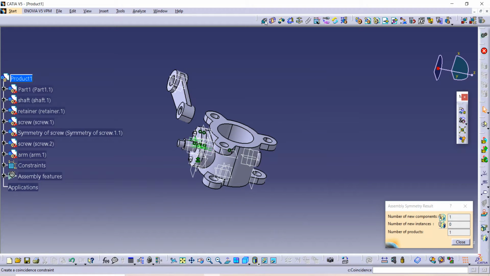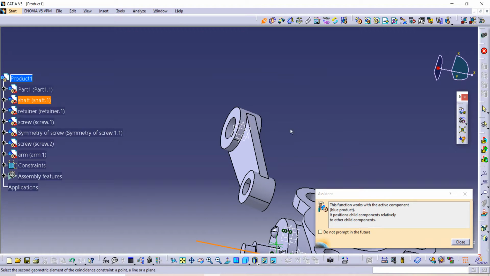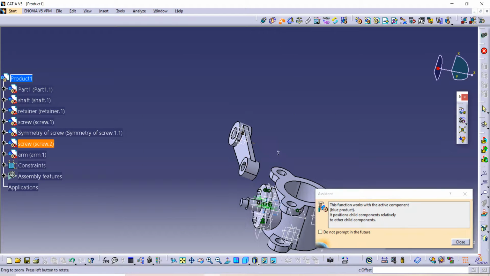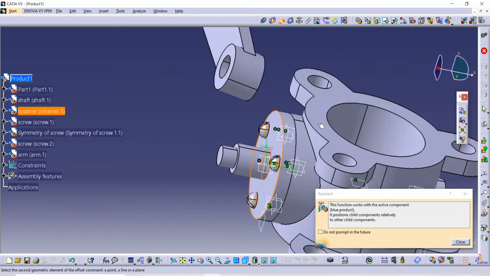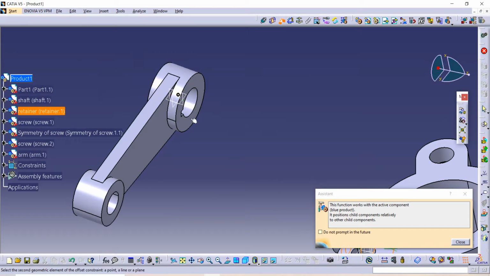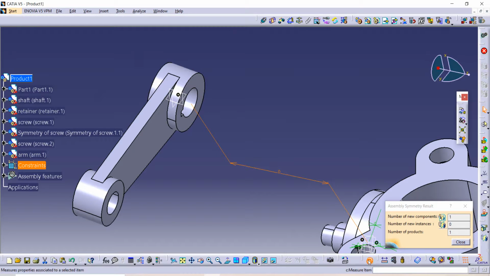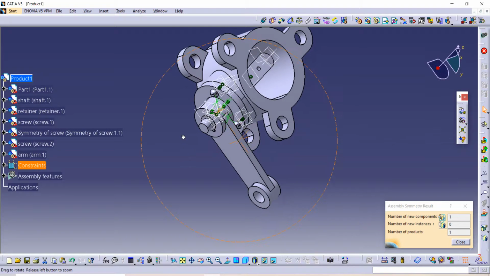After that use this again coincide command, select axis and again axis of both, then similarly use this offset command. Now select this surface of retainer and this surface of arm, and distance should be 0 and click on OK and then update it. Now this is how we have completed our half assembly.